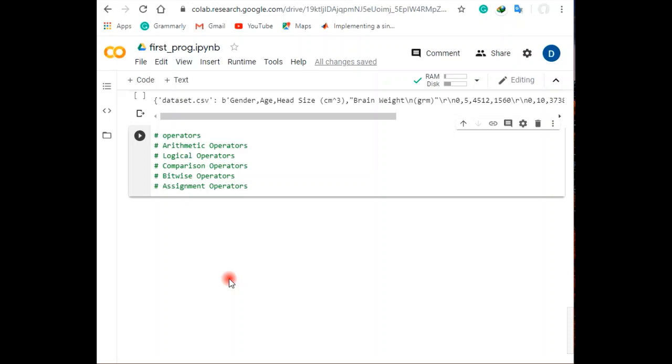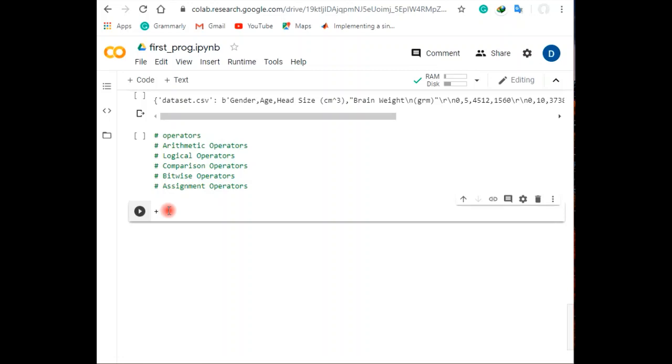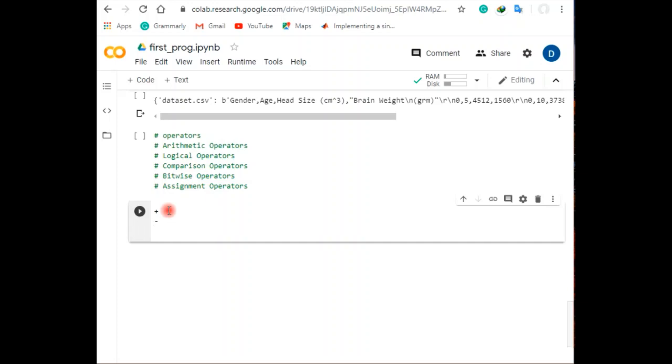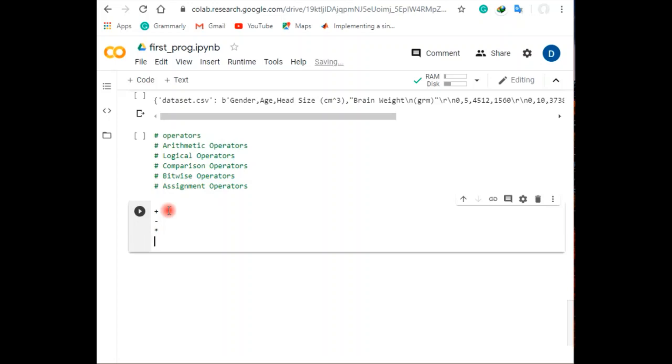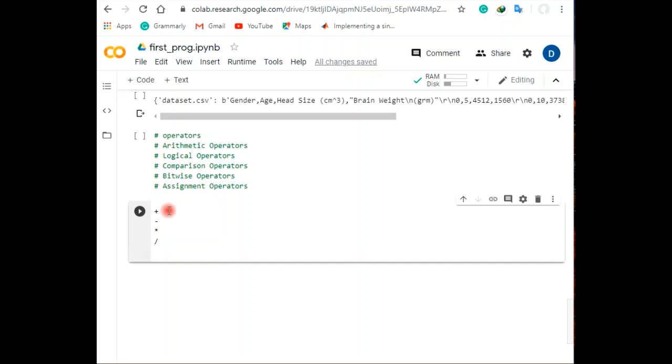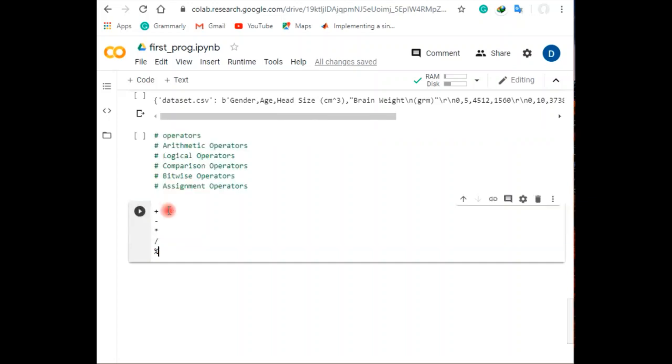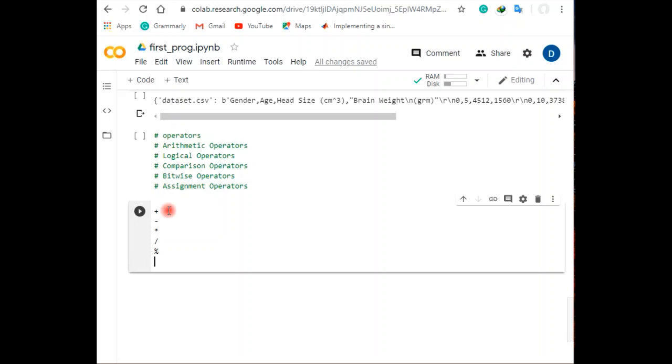Under the numeric data type, we know the different kinds of operators: a plus sign to add, a minus sign to subtract, an asterisk to multiply, a divide sign to divide, a percent sign as the modulus operator, which gives you the modulus, and a double asterisk used for exponent.